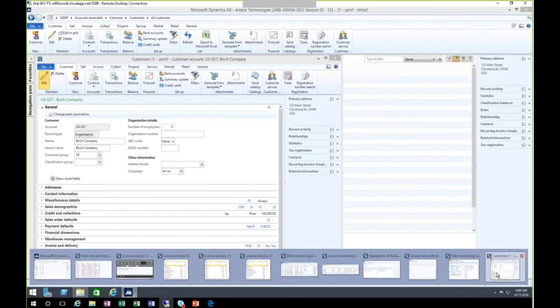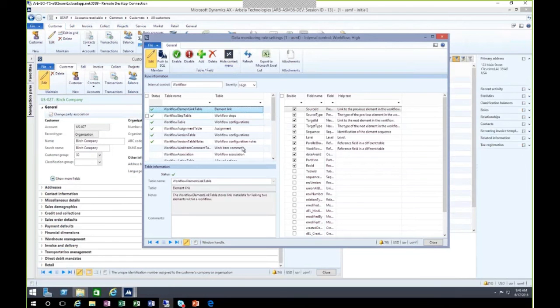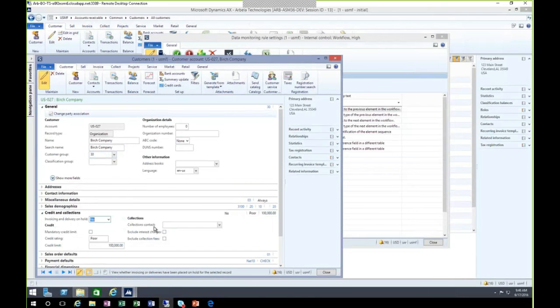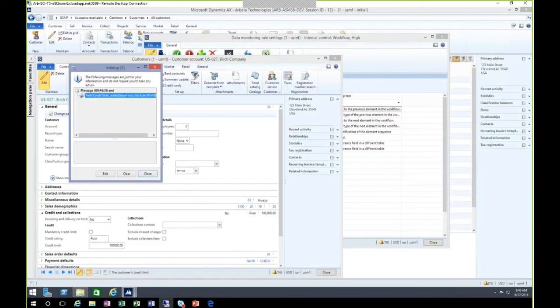Let's see, did I turn it on? I don't think I turned it on. And here we go. All right, so I turned it on. And now what you can see here is I can choose to capture a full table, or I can choose to capture that specific field. Now, the example I was using earlier was changes to the credit limit. So I can click into the credit limit field, add credit limit, and now I get this message that says it was added to the workflow rule.